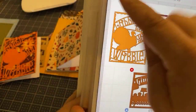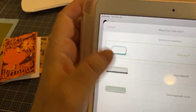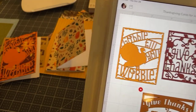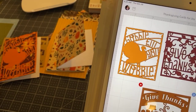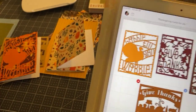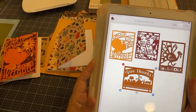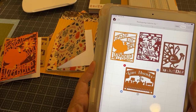Before I get too deep into this, I do want to make mention that if you have just a Joy, it's very difficult to find these images. And that is what's happening here. So what I need to do is go back and change my machine. See, I have my machine selected at Joy. So I need to change it to my Maker or my Explorer. It doesn't really matter, but for some reason, Cricut has not yet allowed folks that have Joy to see the images that would not work on the Joy. So I haven't been able to convince them yet